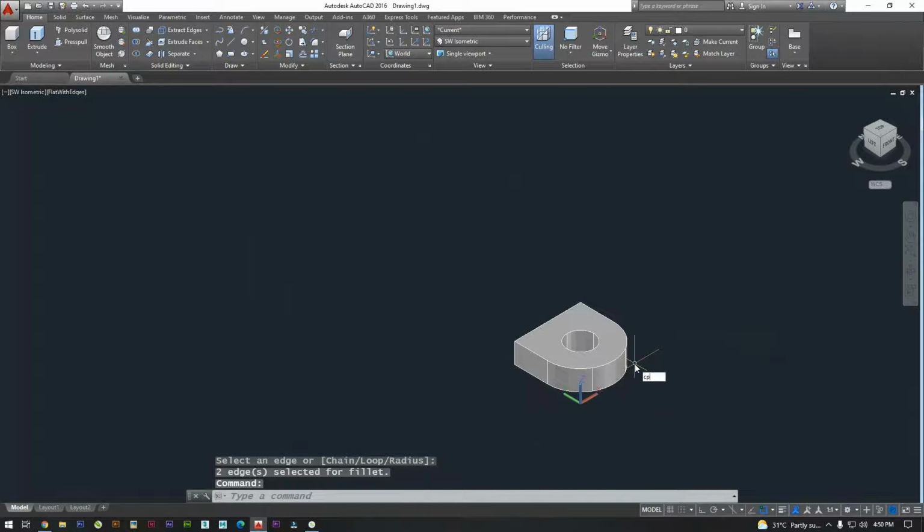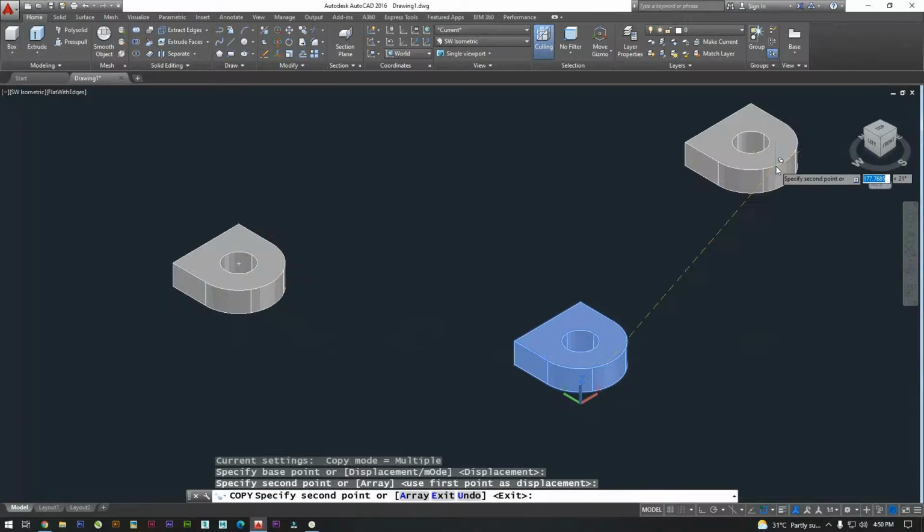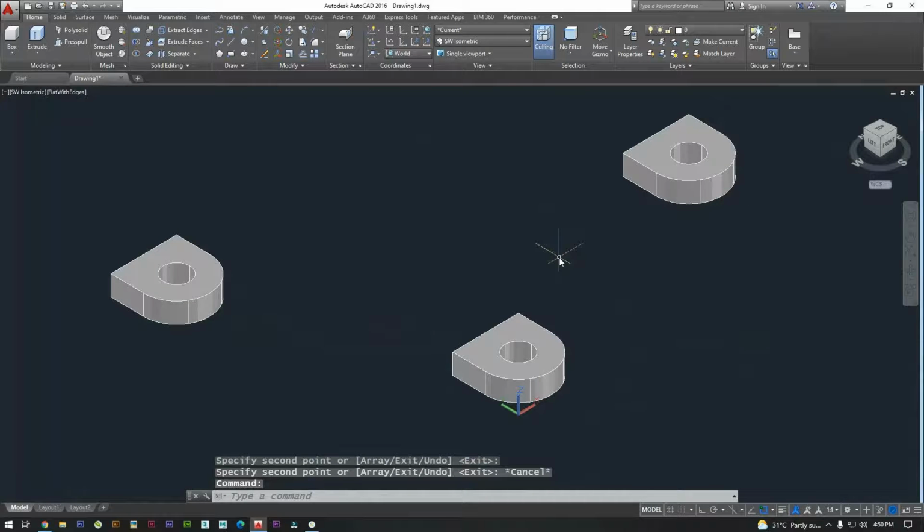So now let us create copies. Now how to rotate this?